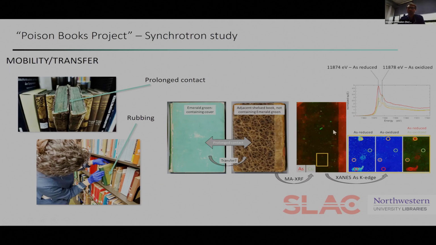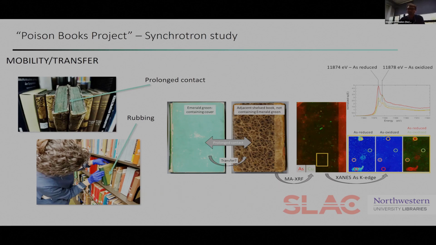And so what we saw is that the book that is not green does indeed contain some traces of arsenic and copper, which means that there is a transfer of a pigment or degraded form of the pigment onto the non-green book, making it somehow contaminated. When we looked at the oxidation states, we saw that we have both non-degraded pigment and degradation products, which shows that either the non-degraded pigment oxidized onto the new book, or there is transfer of both forms onto